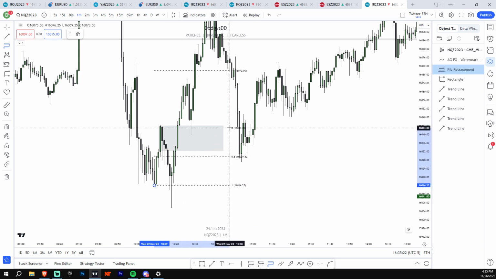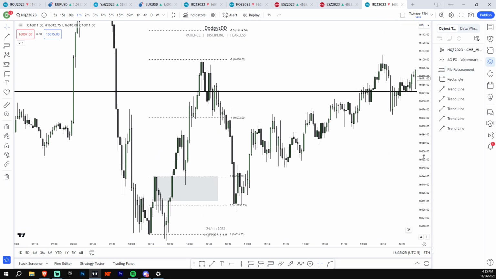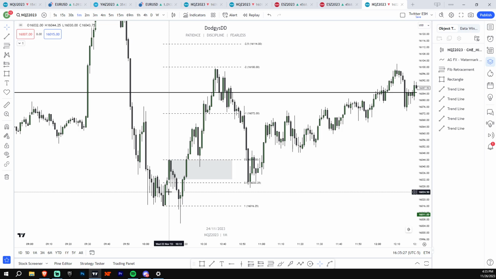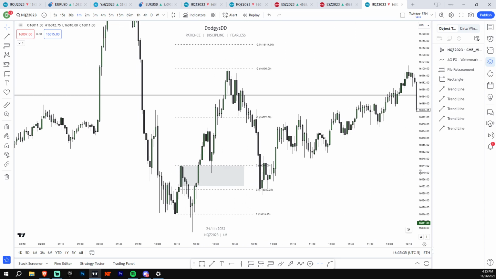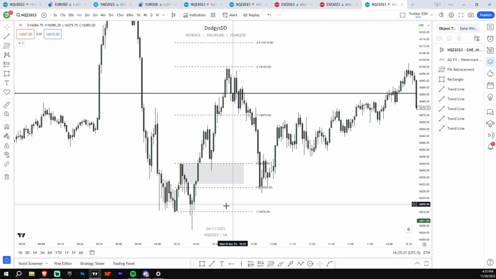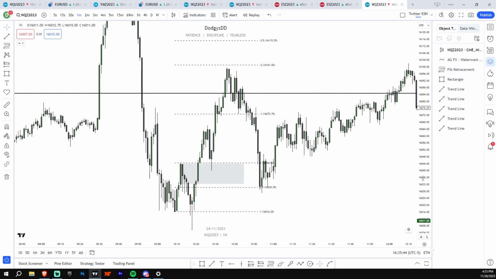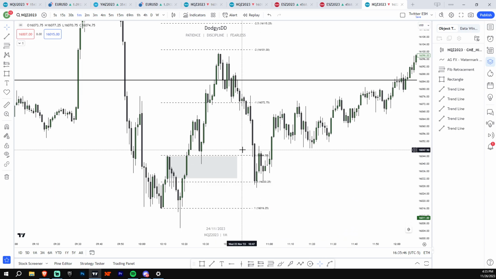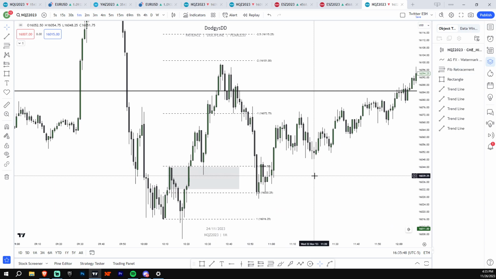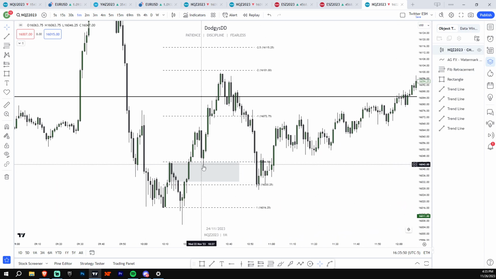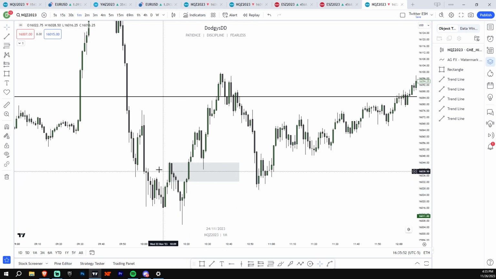See, that wouldn't make sense to me. So you just draw it off the whole breaker leg. Not the breaker itself, the whole leg. Okay. Where do you learn that? Okay. I've never seen that before. Personally, I'm not going to do that, but interesting. Yeah, that's cool. I mean, I'd probably just do it off the manipulation leg, but